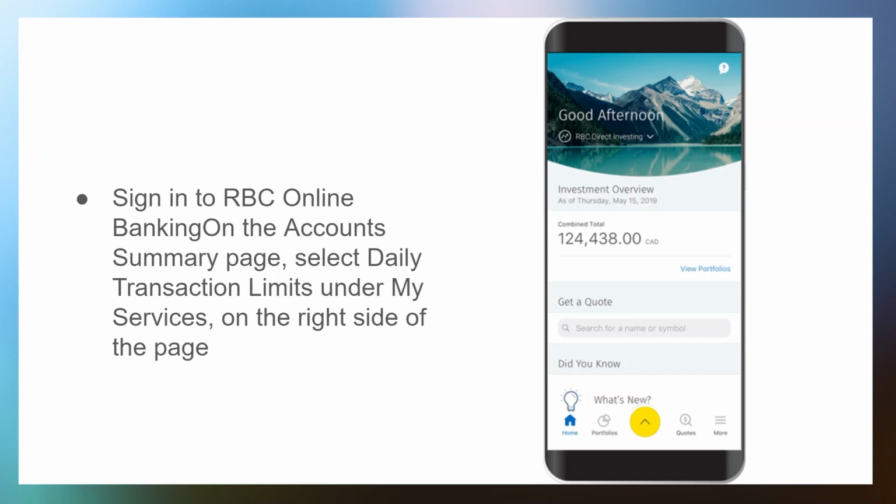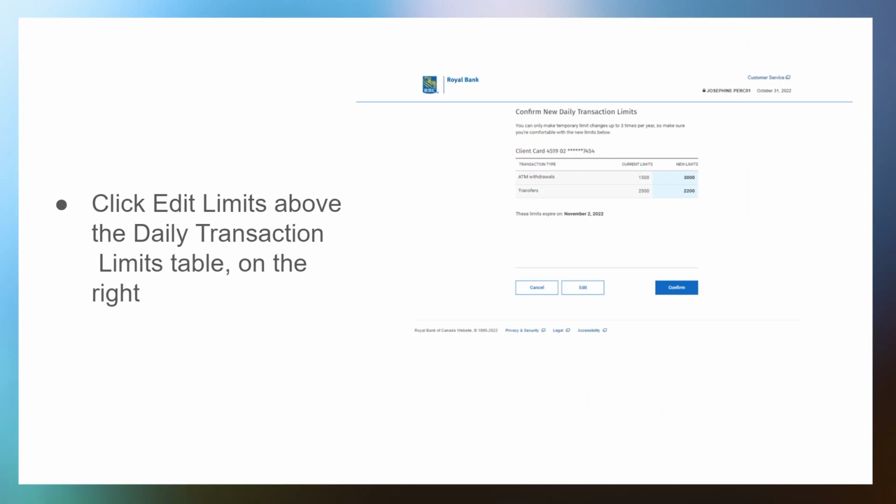On the right side of the page, look for a section called My Services. Under this section, find and click on Daily Transaction Limits. Now, you will see a table with your daily transaction limits. Above this table, there is a button labeled Edit Limits. Click on it. You will be taken to a page where you can adjust your temporary ATM withdrawal or in-store